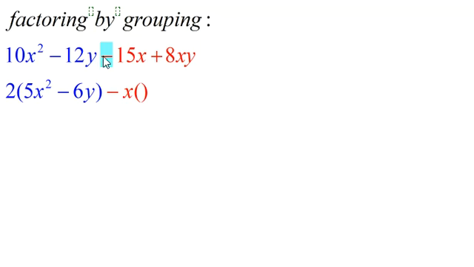Now, I always take out a negative if the leading term is negative. So I'm going to take out that negative with the x. So I divide that out, and negative 15 divided by negative 1 is positive 15, with the x taken out. Then positive 8 divided by negative is going to be negative 8, the x went out, and y would be left. Okay. So I have my 2 groups factored, but unfortunately, what is inside the parentheses here is not the same,